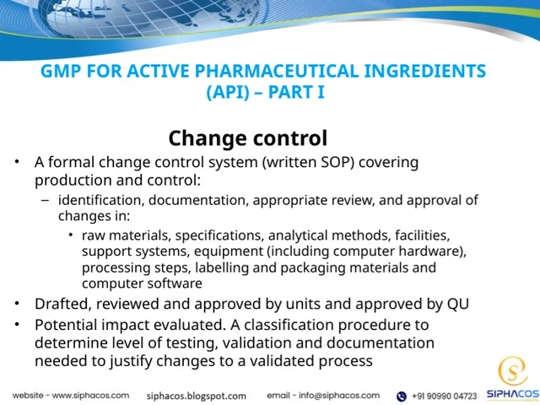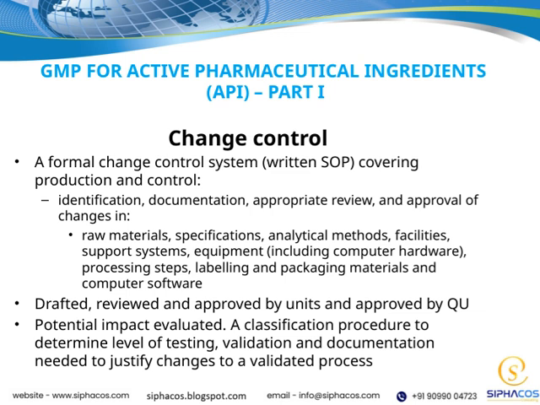Let's talk about change control. A formal change control system is essential for maintaining quality and consistency, especially in pharmaceutical manufacturing. This system is typically documented in a written standard operating procedure, or SOP, and it covers both production and control processes. When we talk about change control, we're referring to the